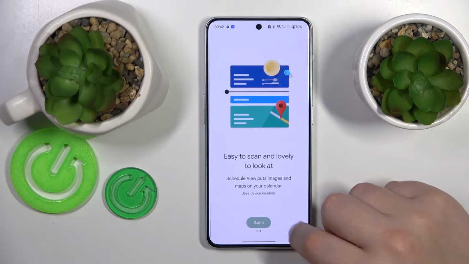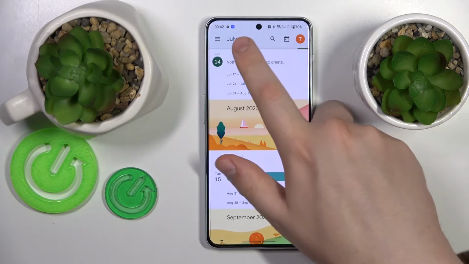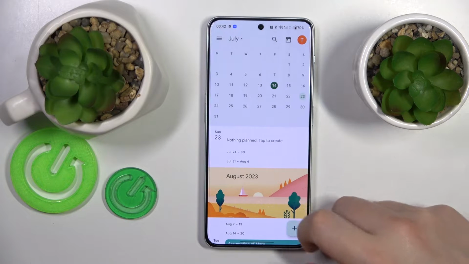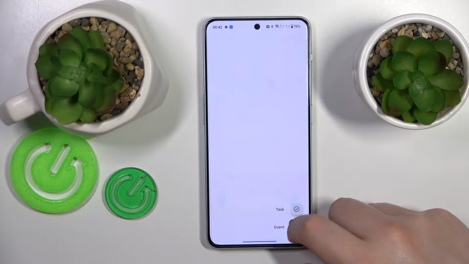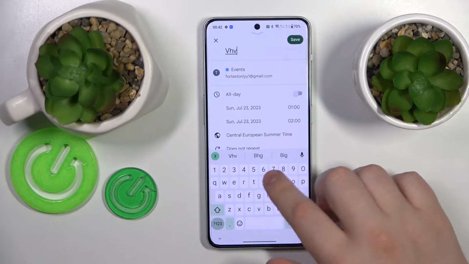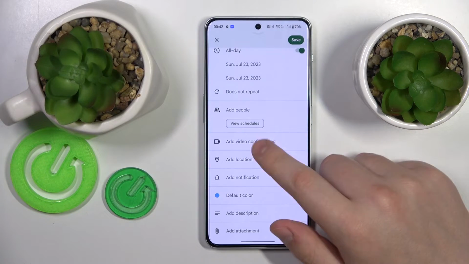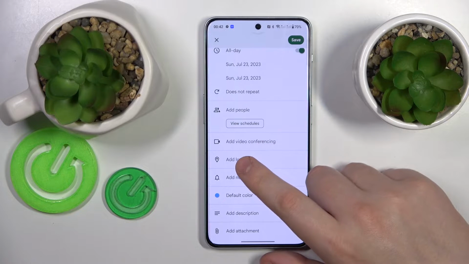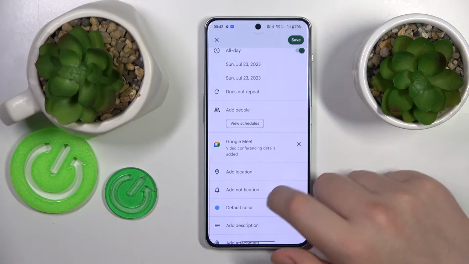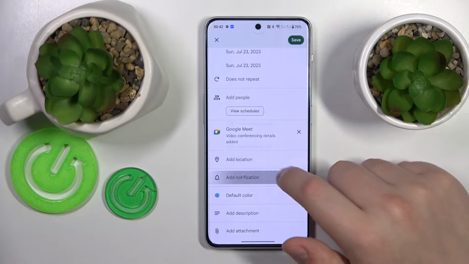Then select the date of your event. Onwards, tap at this plus icon, choose an event option from the list, set the event title, time frames, time zone, repetitiveness. You can also invite some other people, thus participants, add the link to the video conference, set location,